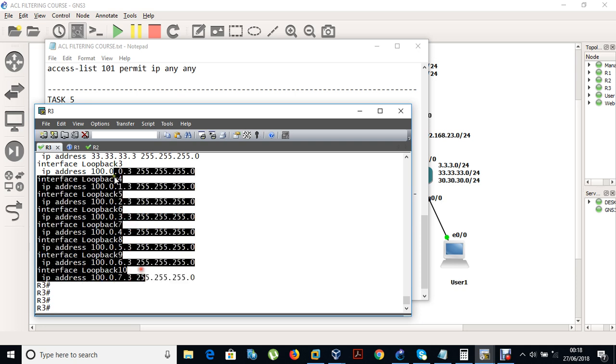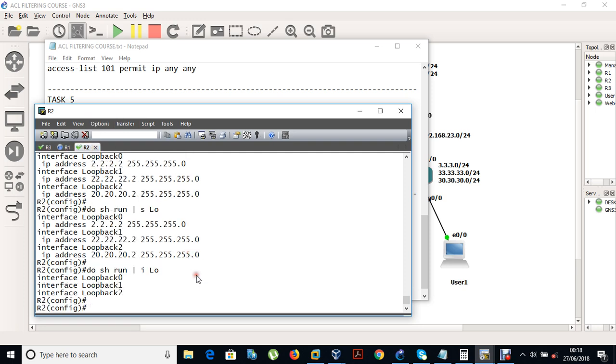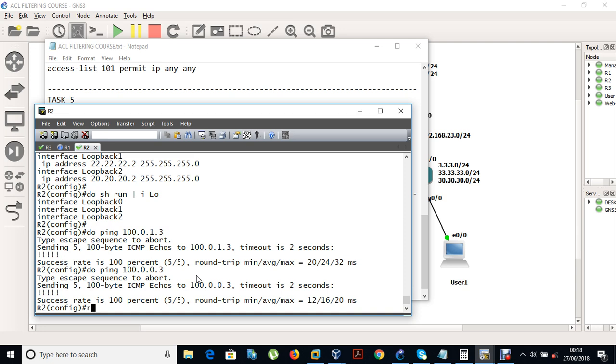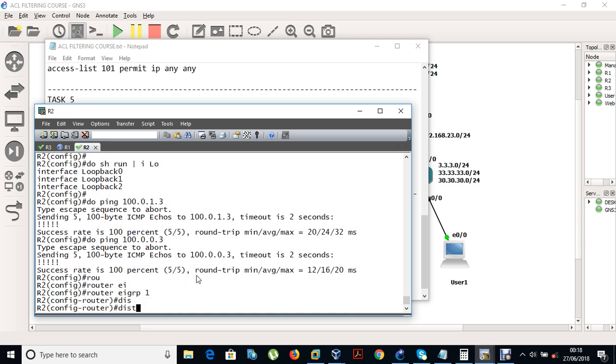So we've got all these IP addresses in here, like 100.0.0.1, 100.0.1.1, 100.0.2.1, 100.0.3.1, 4, and so on, 5, 6, and 7. Okay, so now we could ping any IP address that we want on these. Now we are going to router EIGRP 1 distribute list as usual,